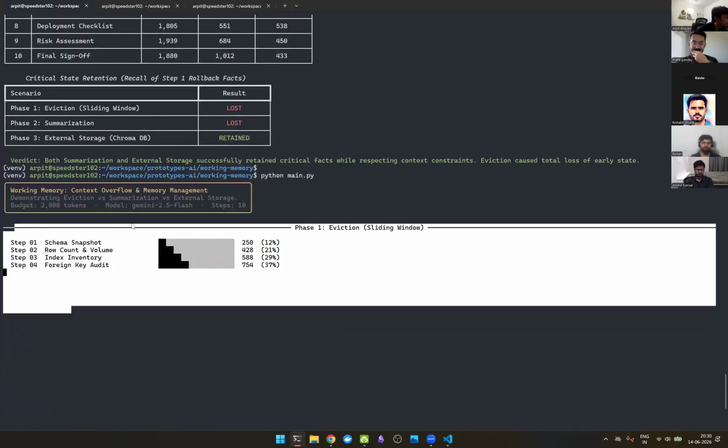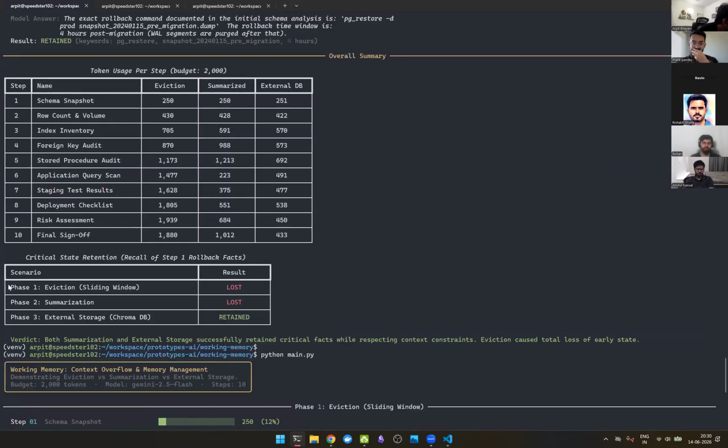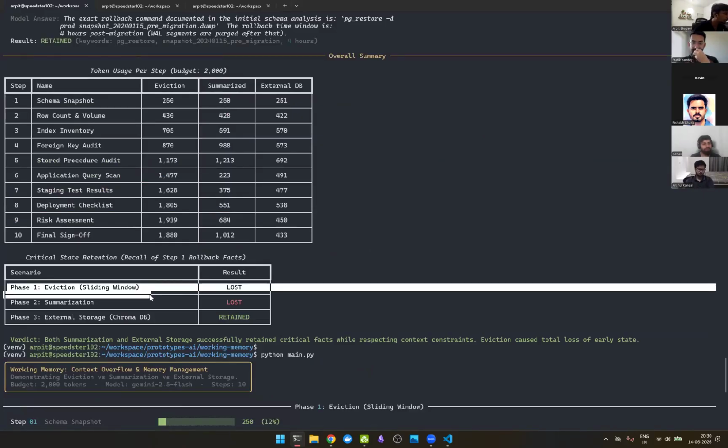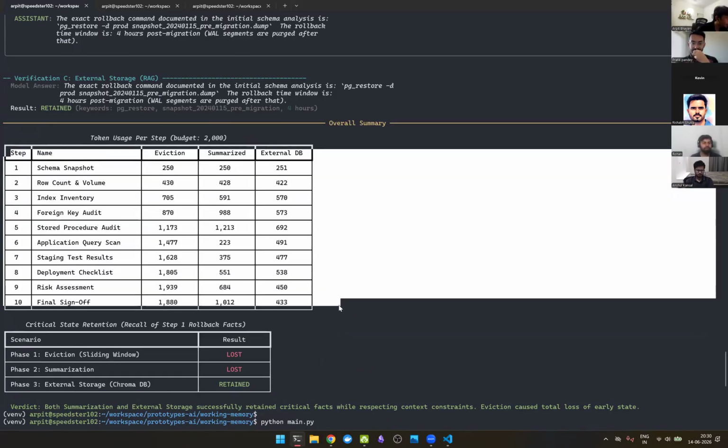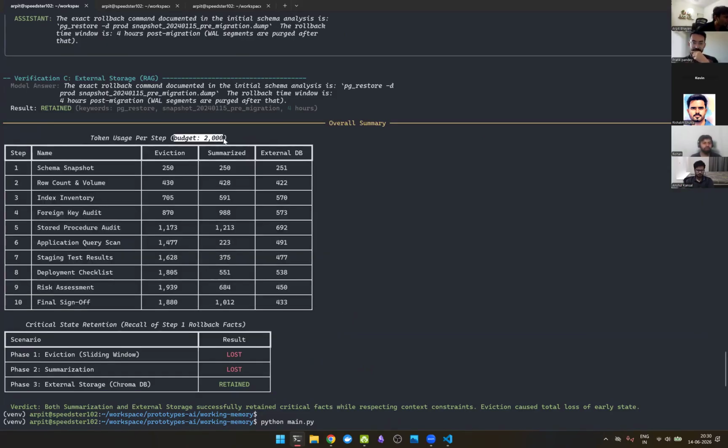Oh, this one is still running. I suppose that's old output. Okay, here. If you look at this, what I'm doing now is I've given it a 10-step task. I have a token budget of 2000, and I've captured for each step how many tokens are getting consumed. You see the moment it crosses 2000, and if I reduce it even further, it goes like, okay,